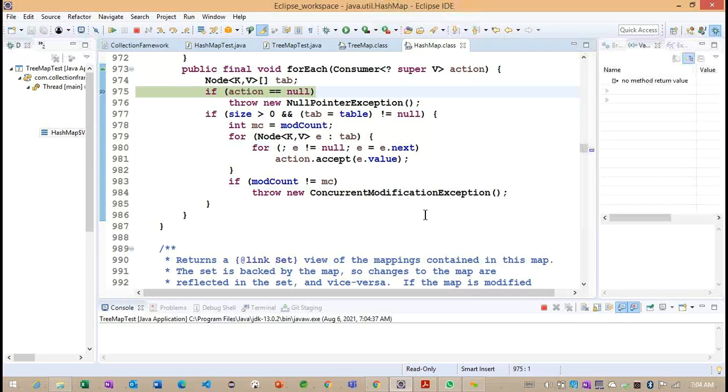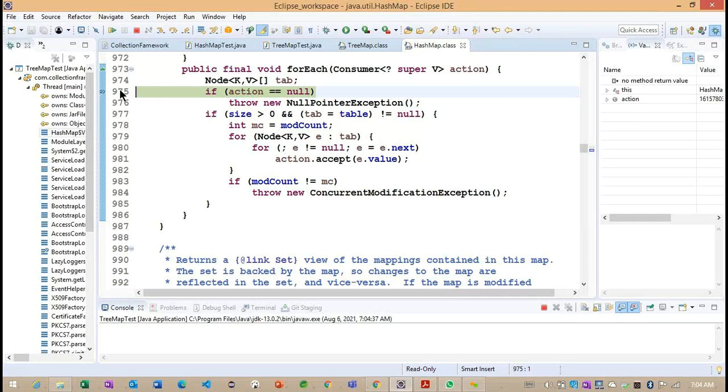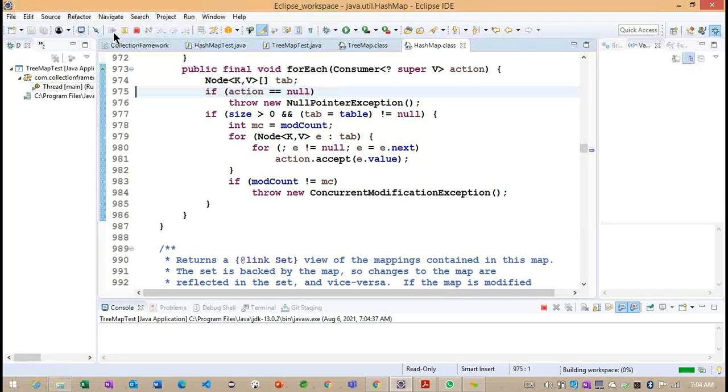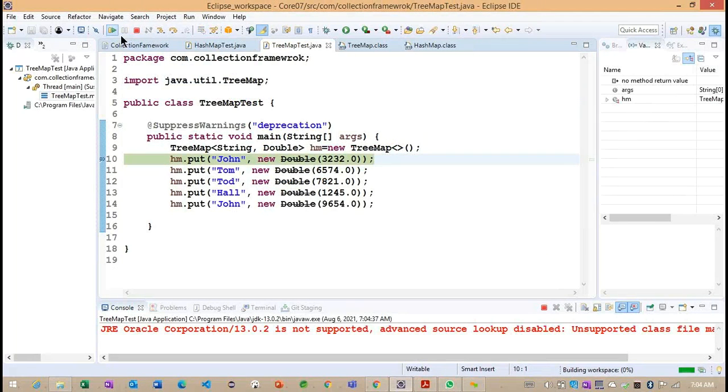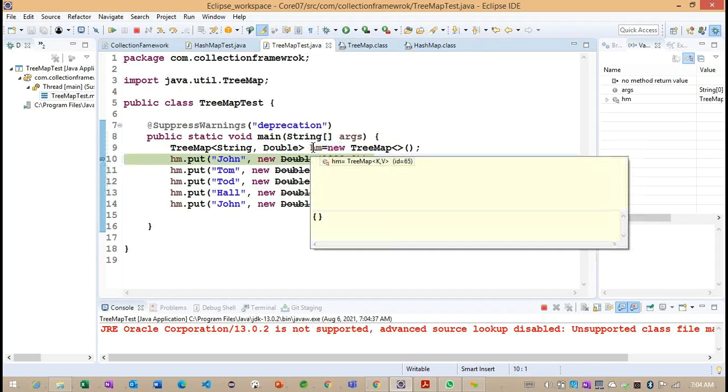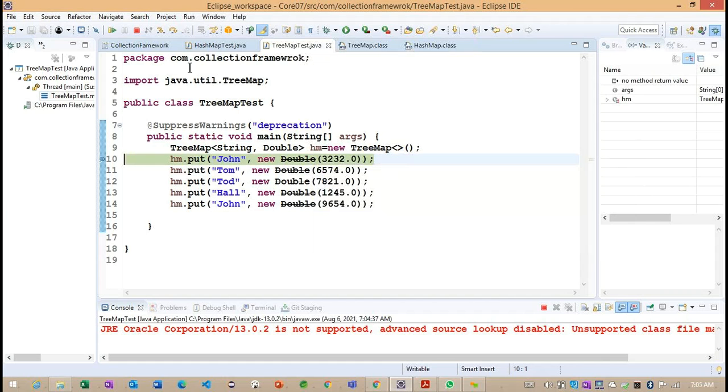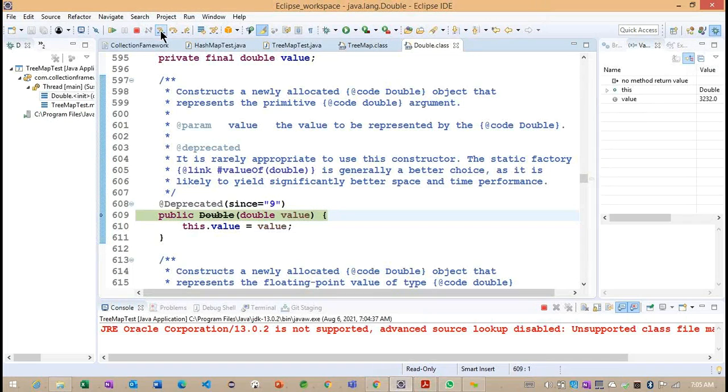Let me change the perspective. Now observe. So we are inside the TreeMap test. The constructor is created. So with how many elements here? Empty. Right? Now I'm calling the put method. So first it will call this particular double, and later